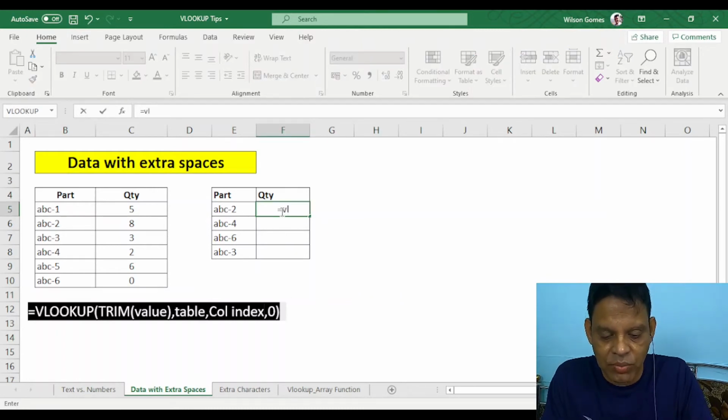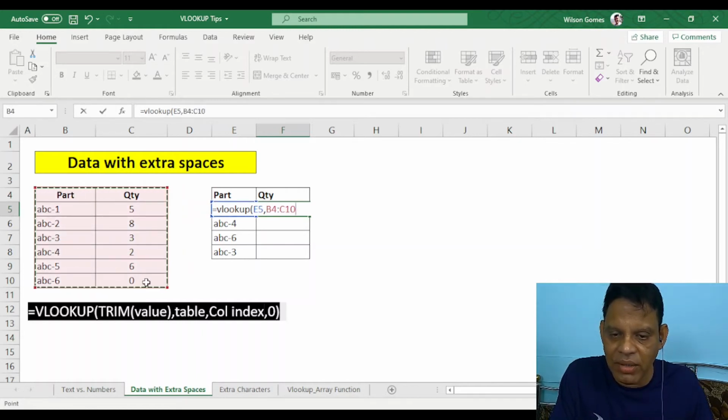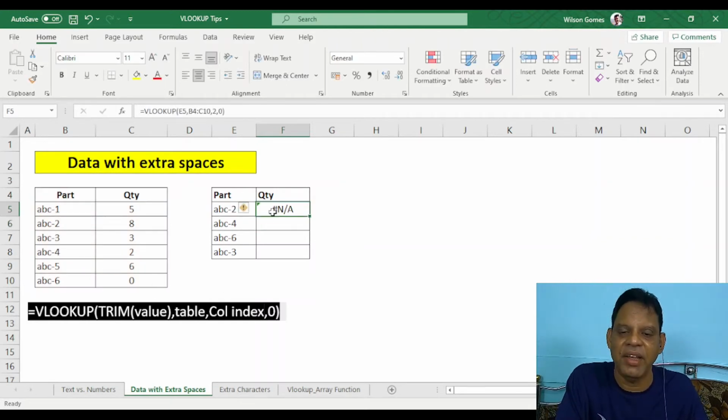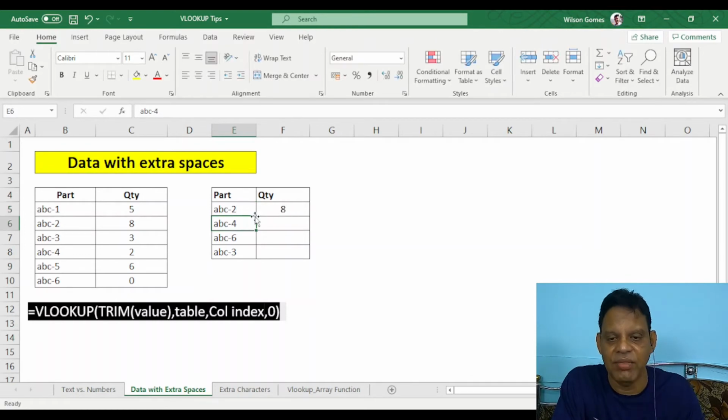Equal to VLOOKUP, open bracket, take this value, comma, from this table, comma, quantity is in the second column, comma, I want exact value, then close the bracket. I'll get N/A. If I remove this space, I'll get the exact value.